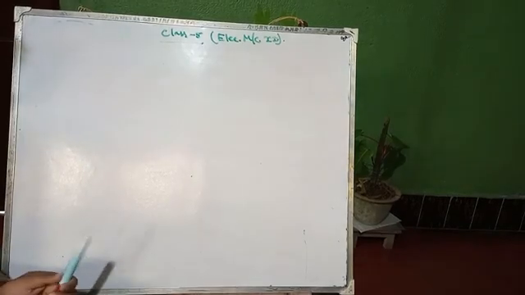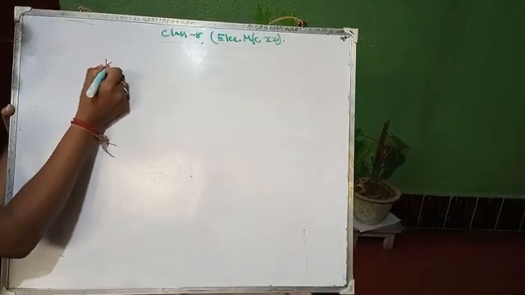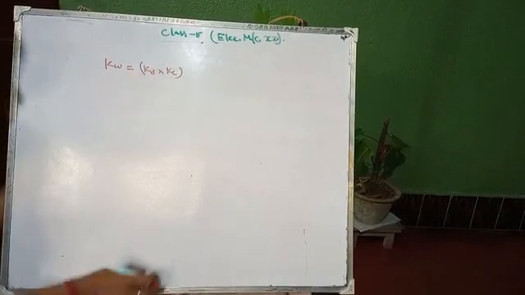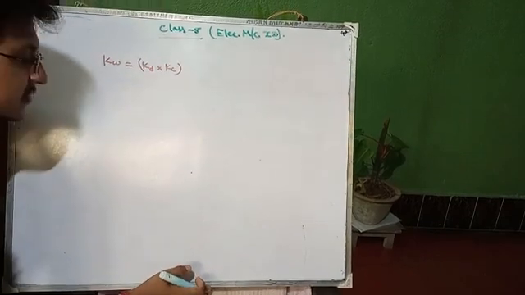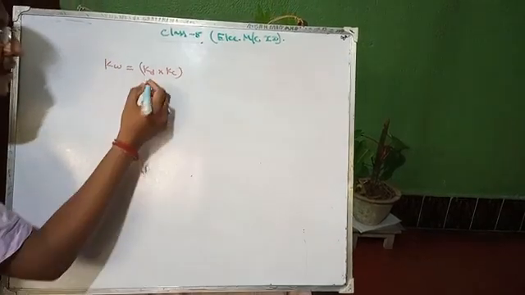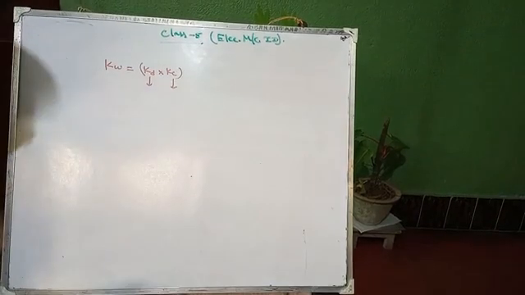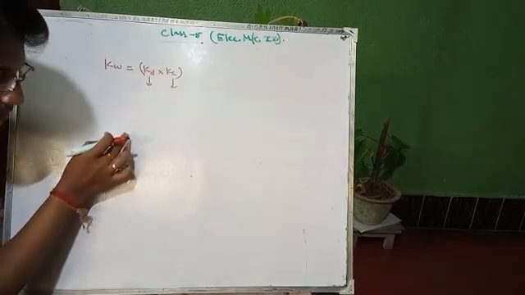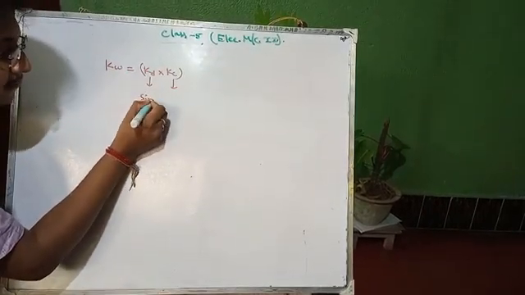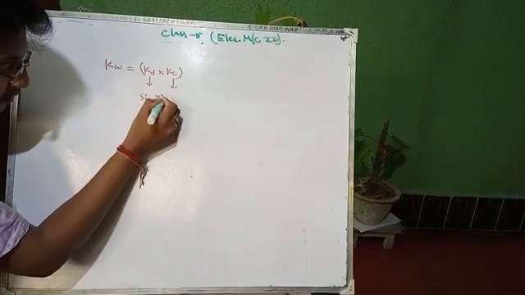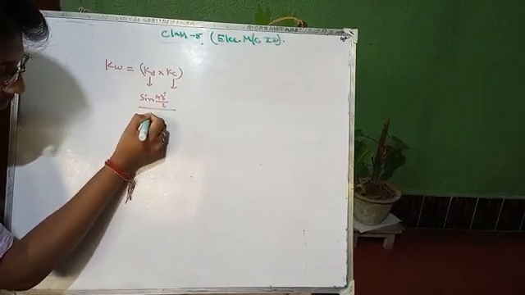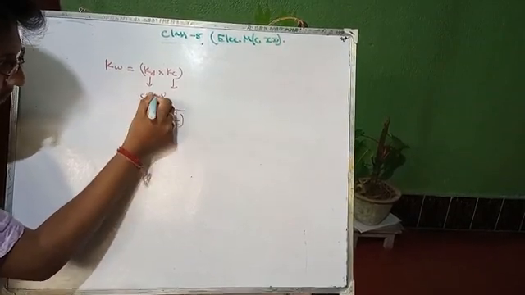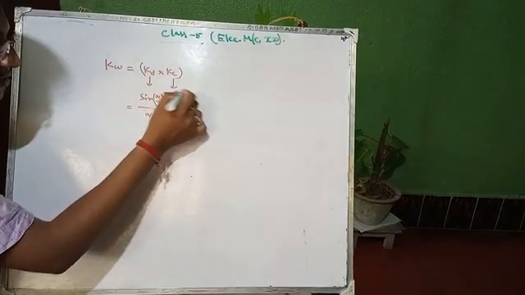I also discussed that the winding factor Kw equals the multiplication of Kc and Kd for the AC machine. So this winding factor Kw equals Kd into Kc. Separately I found formulae for these two terms, the distribution factor and the coil span factor. Kd is sin(qγ/2) divided by q sin(γ/2). And what is Kc?